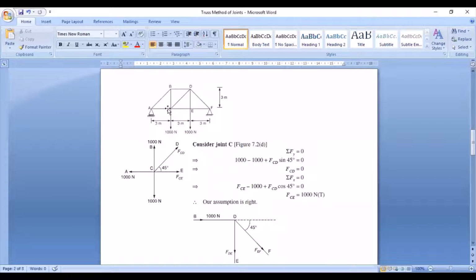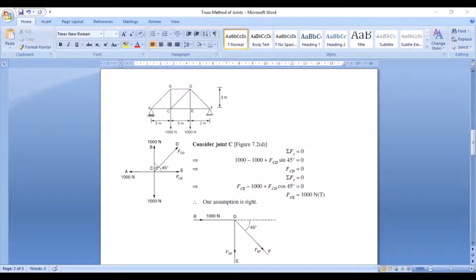Okay. Next you have this member CD, which is again 45 degrees inclination. We have shown the inclination. So CD and CE, they are the only two unknowns. So I can solve for it. I have taken the directions outside. So the CD and CE, they are assumptions again. So once I take it outside, count total number of forces. I have 1, 2, 3, 4. 4 forces, 1 inclined. Inclined will be resolved for 1 vertical and 1 horizontal.